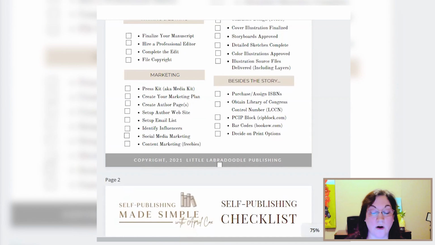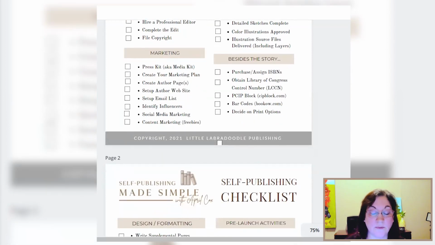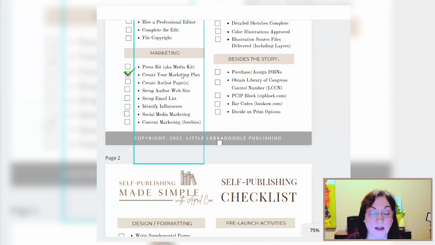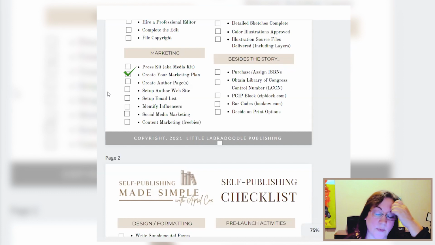Marketing is a little bit more tricky because part of marketing goes from the beginning of writing a book all the way to the end and then long after, right? But I wanted to document some of the activities and the checklist items for you. So you should have a press kit. Create your marketing plan. The marketing plan is just a personalized view kind of document that I uploaded that you can use as a way of documenting the things that you personally want to do to market your book. And a lot of that came from previous lessons that we've already done.